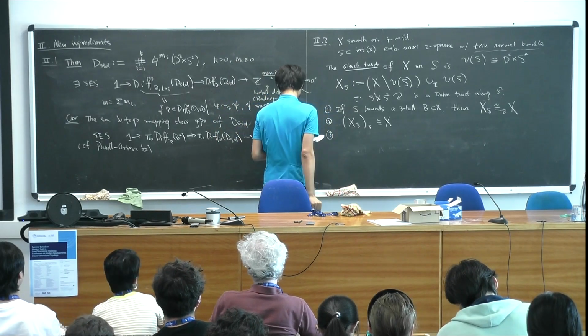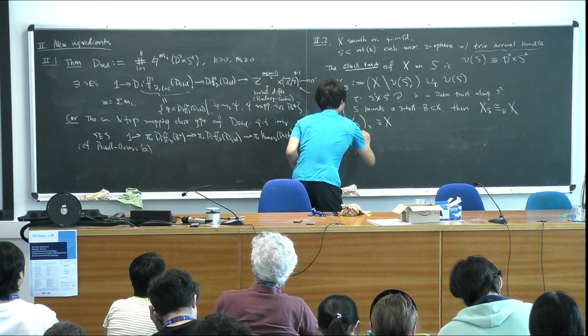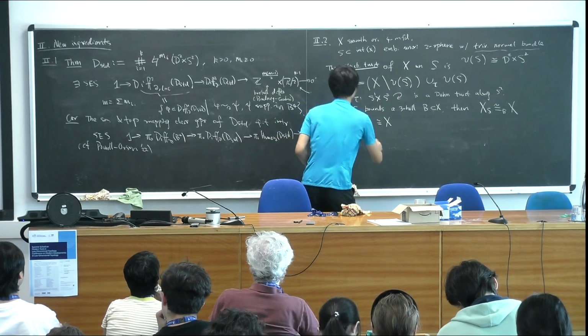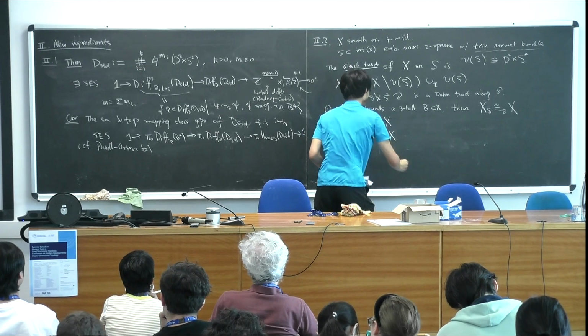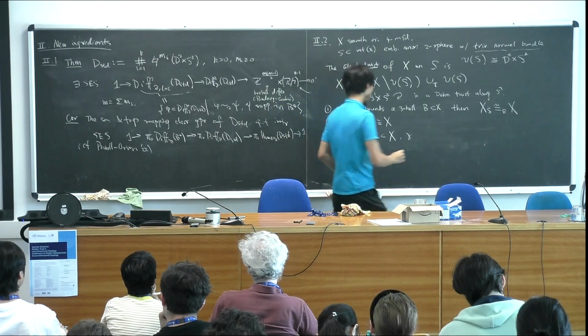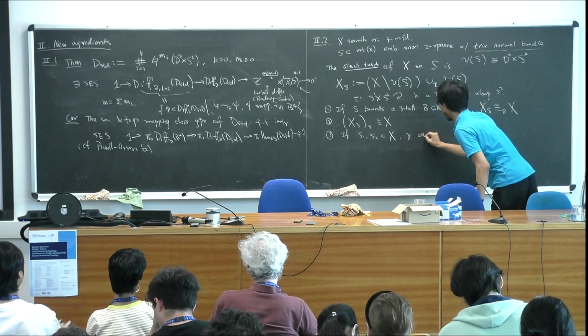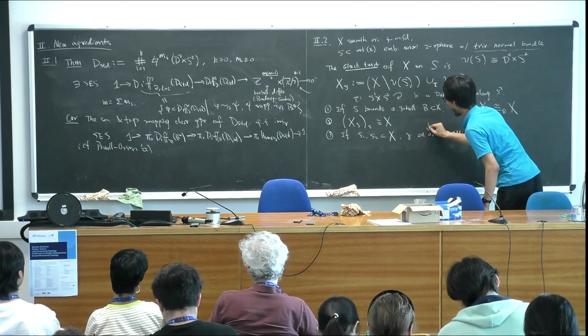And the third property is that if I have two spheres with trivial normal bundle, S1, S2, inside X, and gamma is a path connecting S1 to S2, an arc, let's say a framed arc,